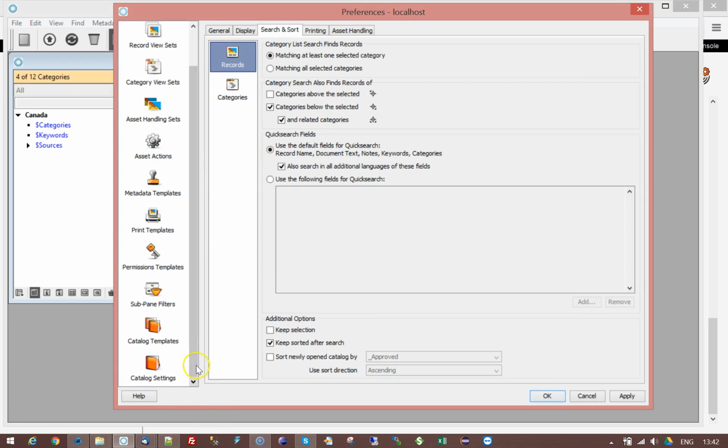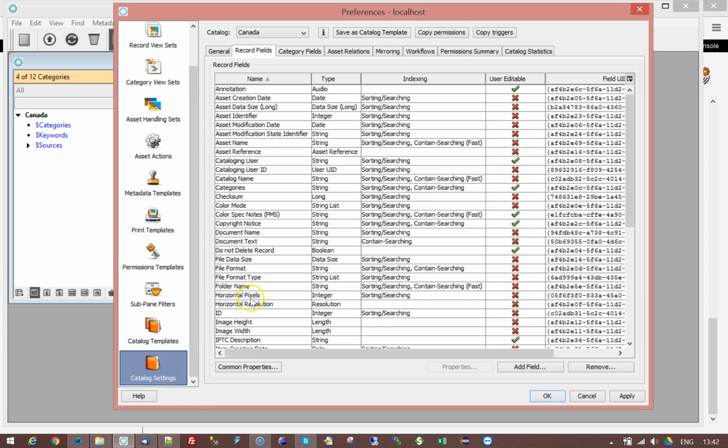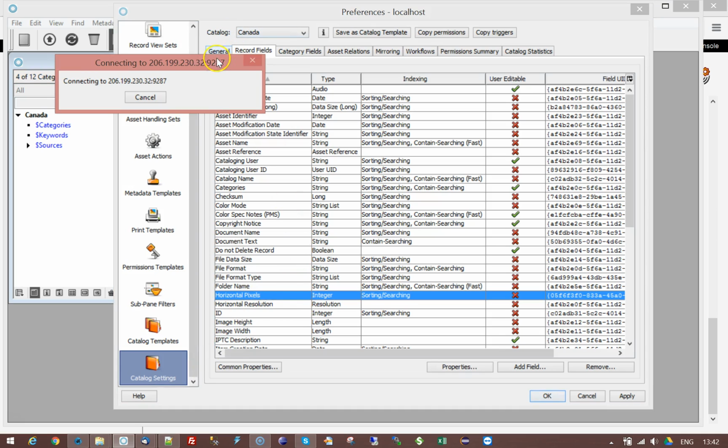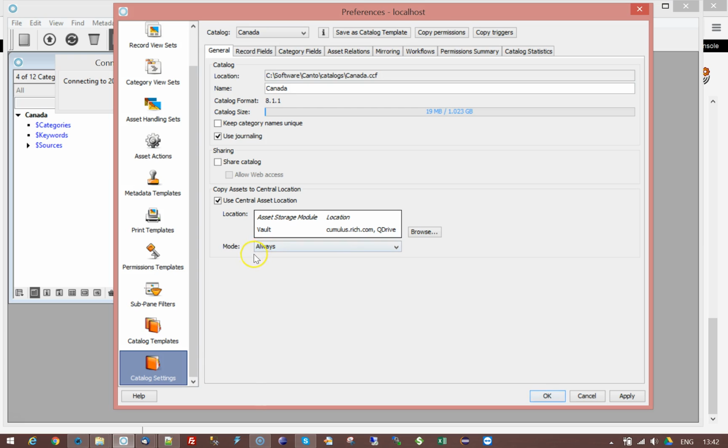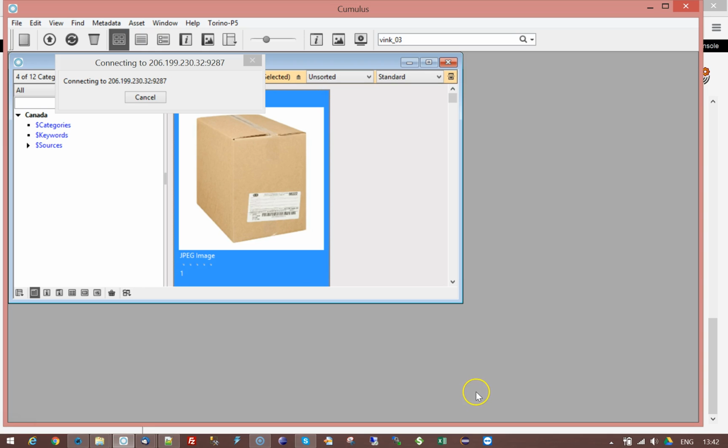So you have to go to the preferences, catalog settings, and then here in general, you need to share this catalog. So this way you make it shared. If you want it to be used in the web, then you have to also enable the web here. So if I save,